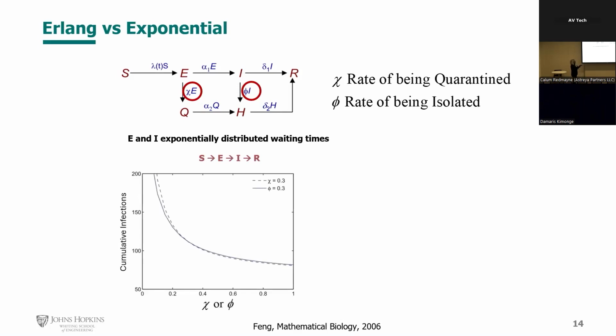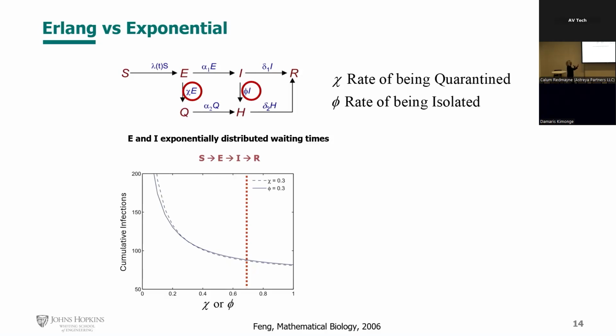On the y-axis is your cumulative infection number. On your x-axis, this is a little bit tricky because there are two parameters here, but essentially they're varying one of the control rate parameters while keeping one of them constant. So you have two of these curves, and you're seeing how they vary relative to each other. The main point is that if you just draw a random line on the x-axis, there's not much difference. You'll probably say the rate of being quarantined and the rate of being isolated both have an equal impact